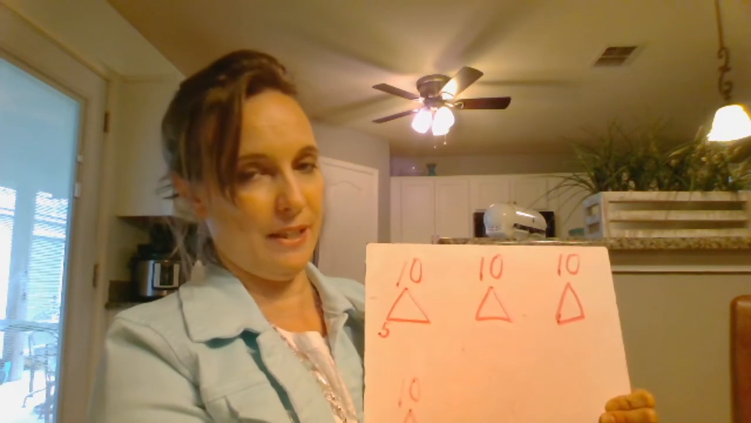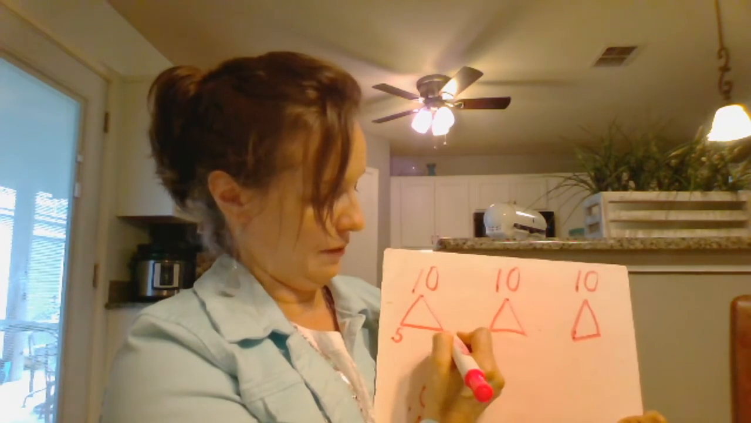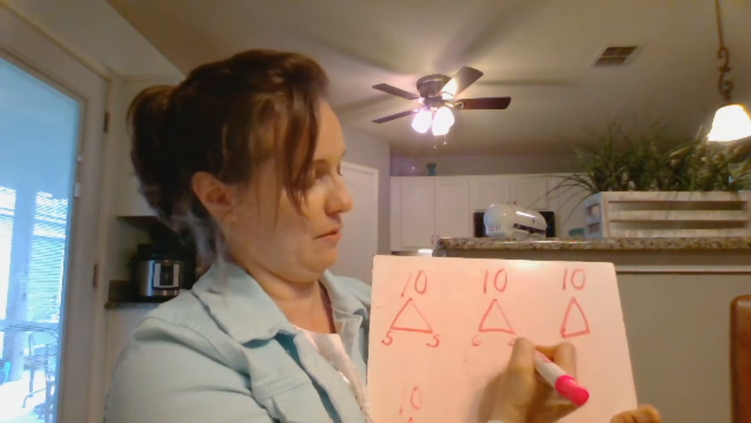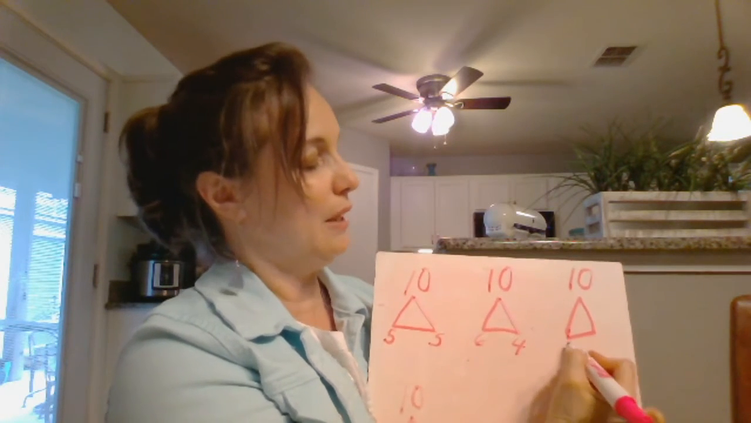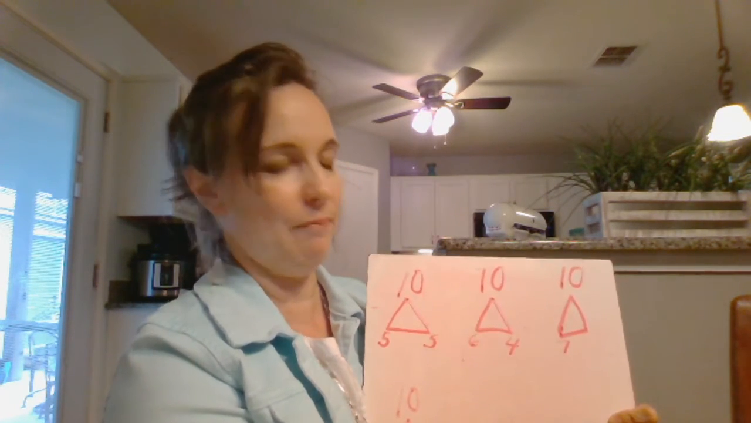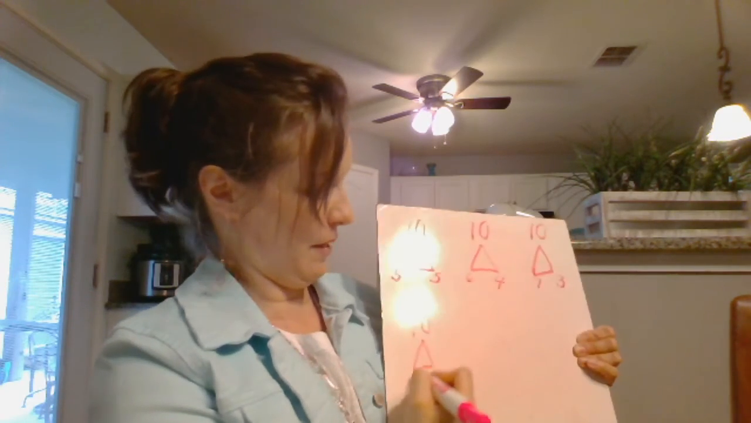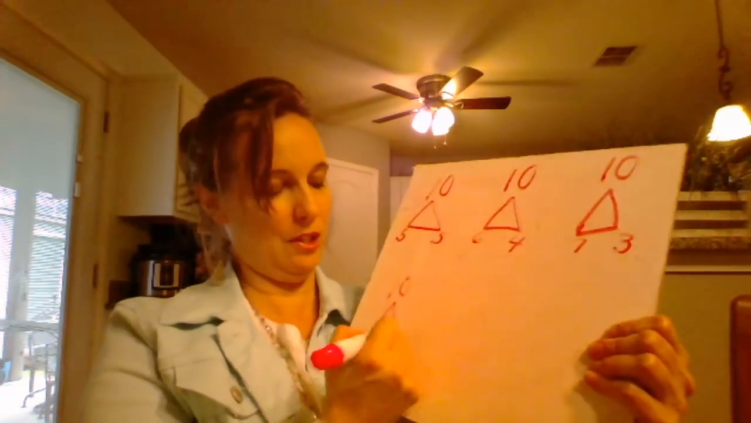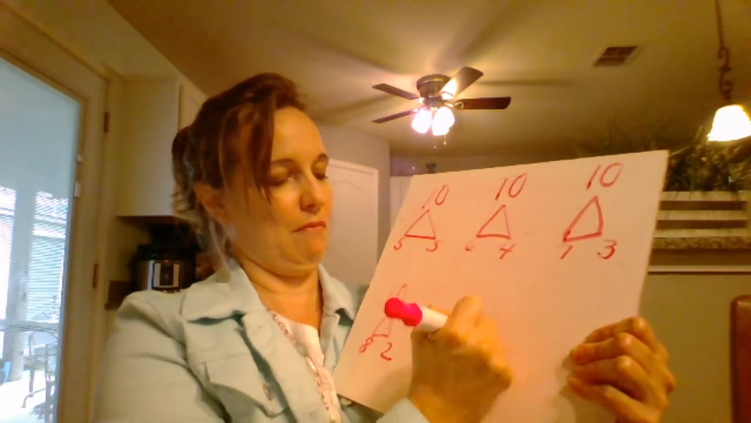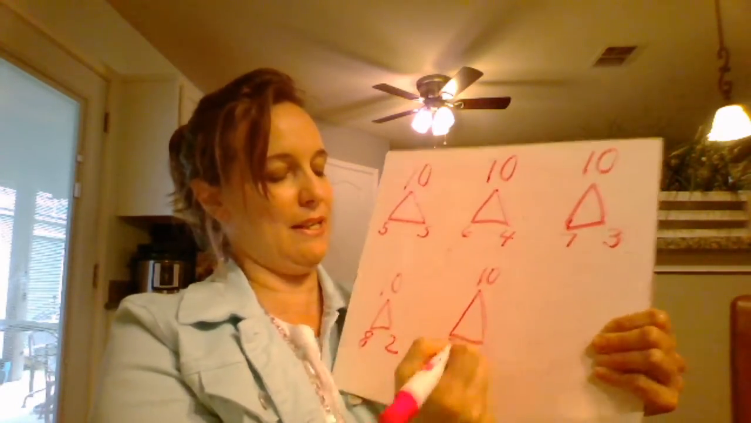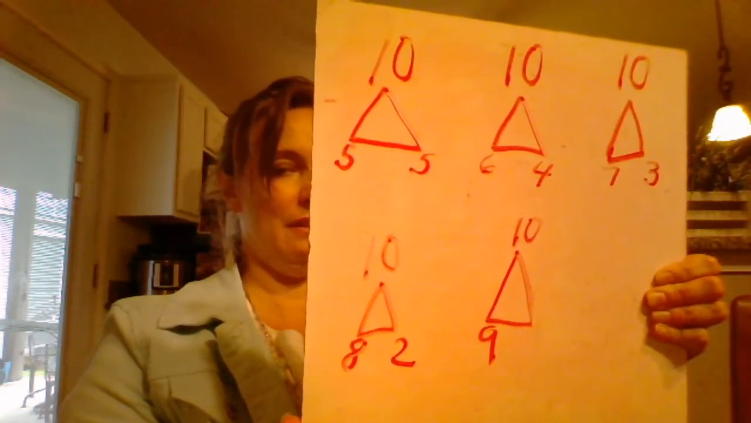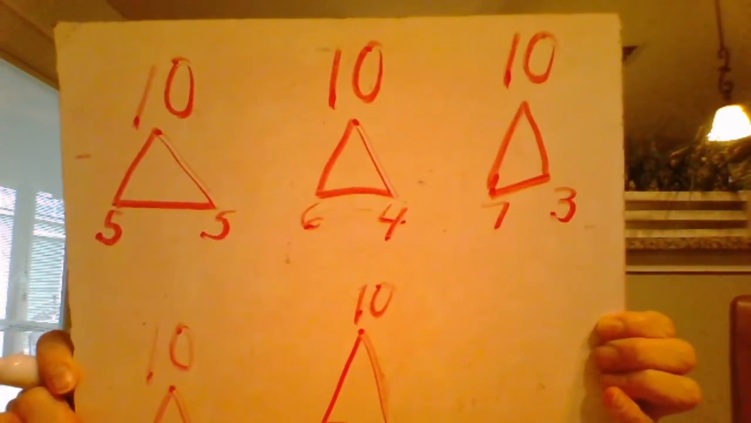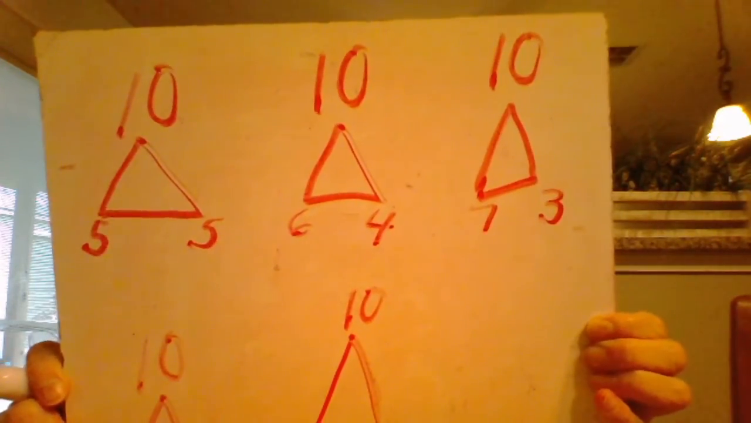If we have a 5 and a 10, what else do we need? We need another 5. If we have a 6 and a 10, what else do we need? We need a 4. If we have a 7 and a 10, what else do we need? We need a 3. If we have an 8 and a 10, what else do we need? We need a 2. If we have a 9 and a 10, what else do we need? We need a 1. This is a way that you can study them, and this works with subtraction or addition,